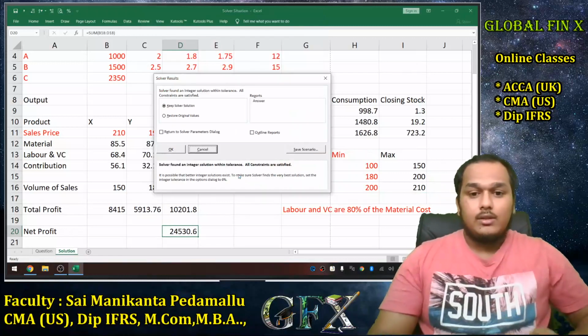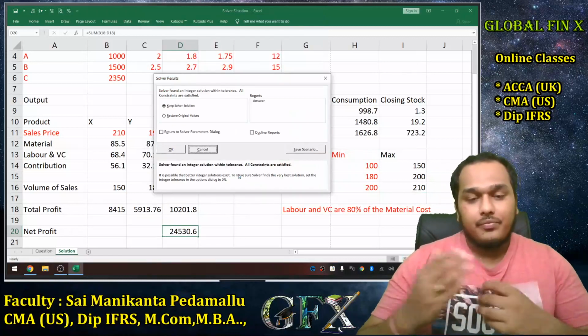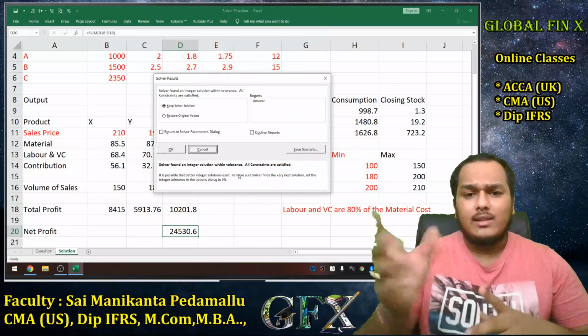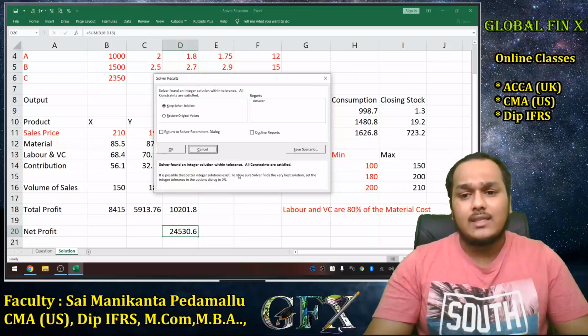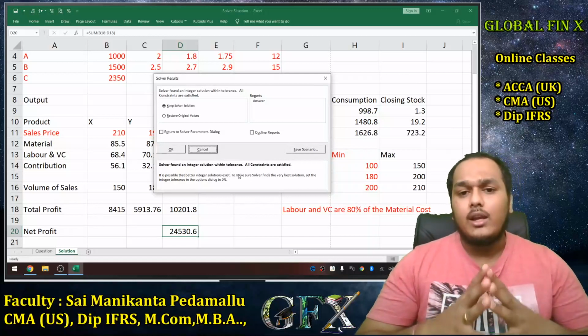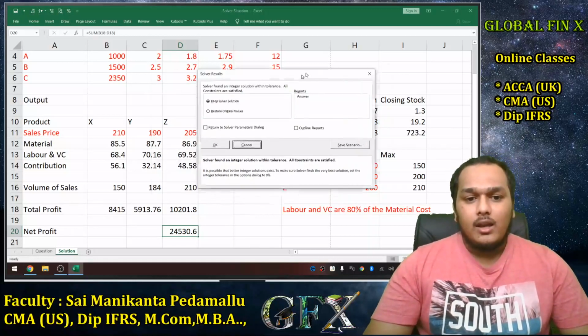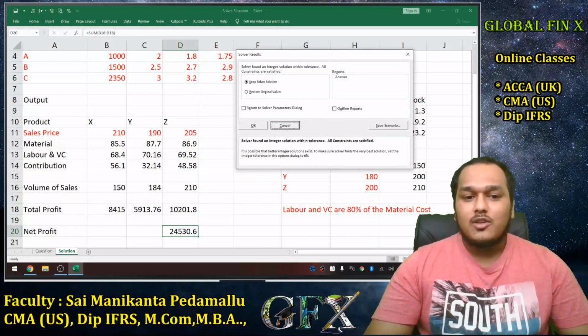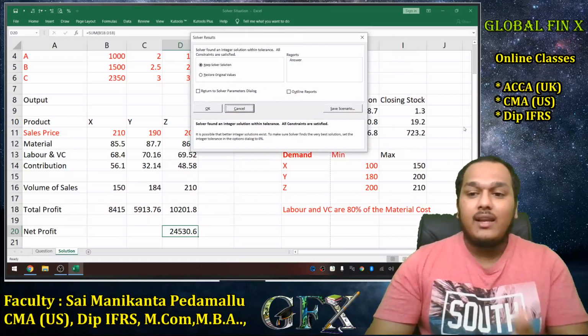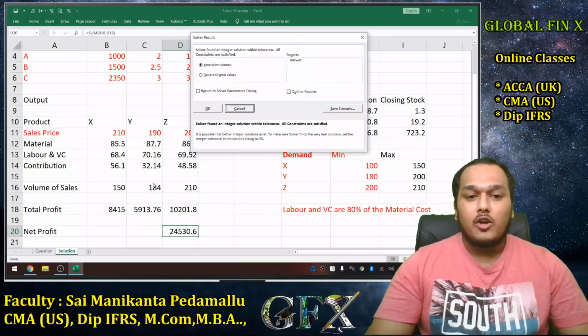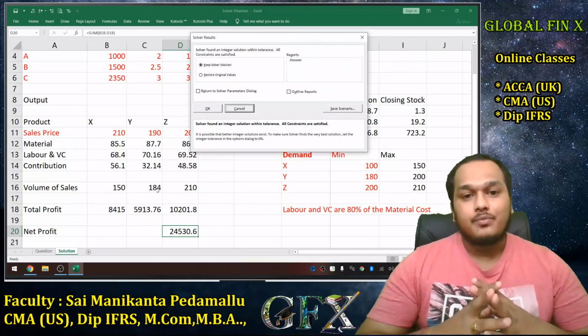Yeah, okay, I think while giving that solution I created double times greater than instead of less than. I need to go back and check that, but it's okay. Now you can see that your volume of sales of X is maximum restricted to 150. So now what it is doing is it is creating maximum units of Z of 210, and the remaining quantity is now used to maximize the production of Y as well.